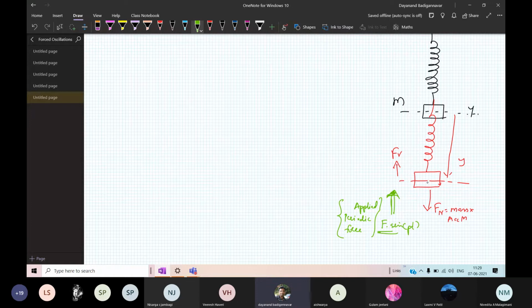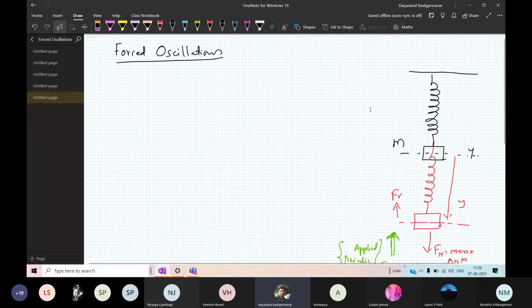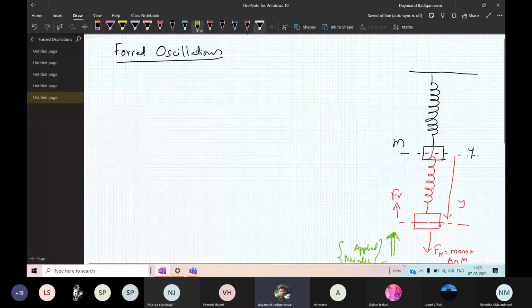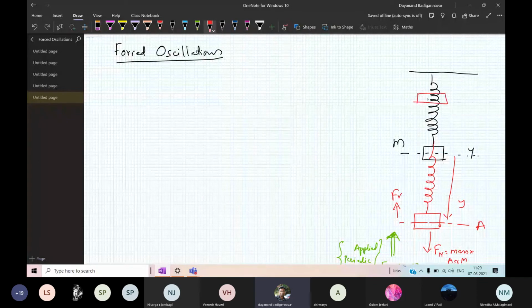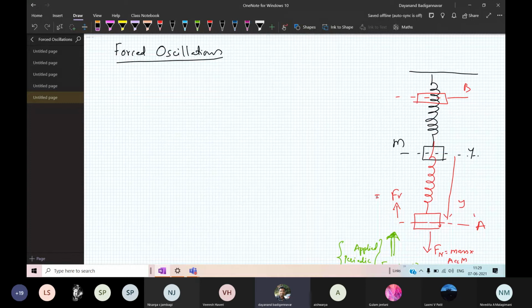So the force, whenever the mass is coming at this point, look here, the oscillation is between A and B. Okay, this is A and this is B. Now what happens once you start oscillating, you pull it and the mass goes on oscillating between A and B due to the force. Which type of force? Due to the restoring force. Now after some time, as I told you, it is going to come to a halt.